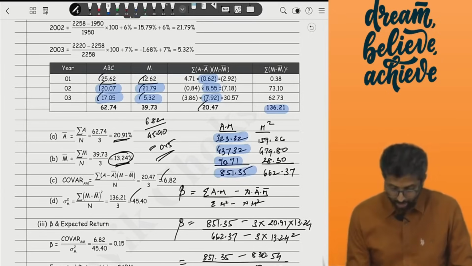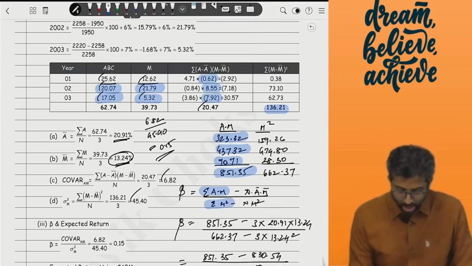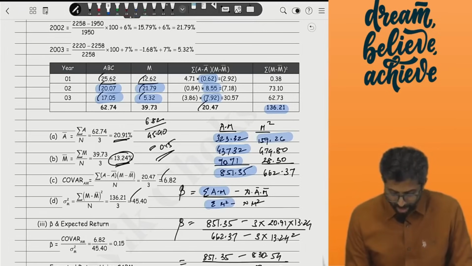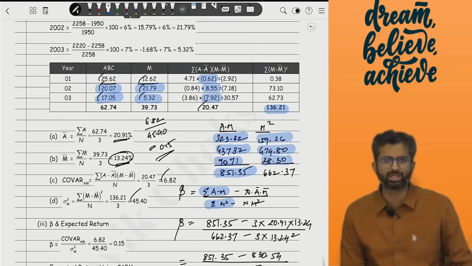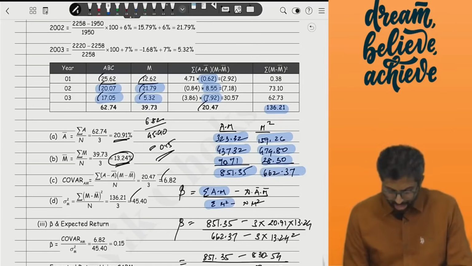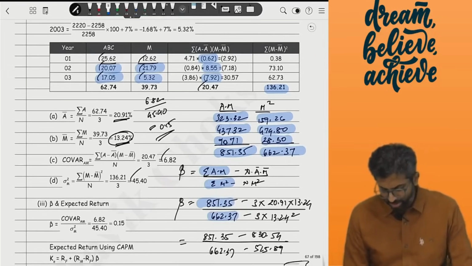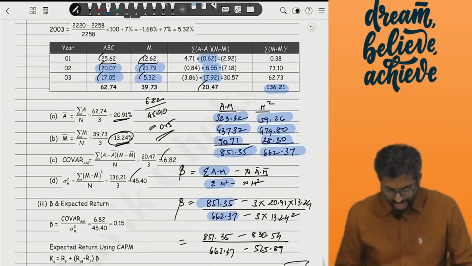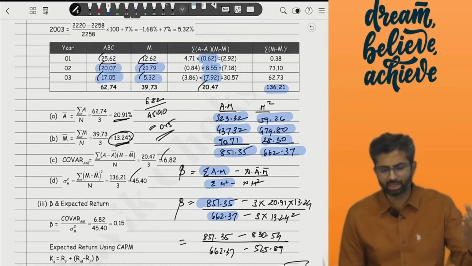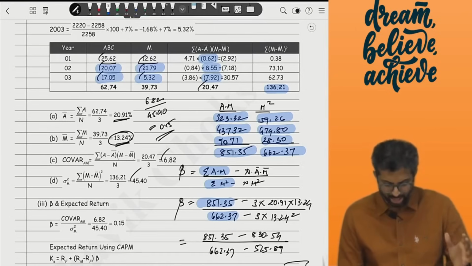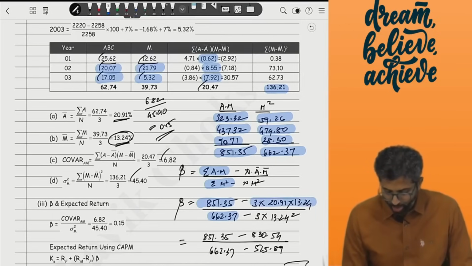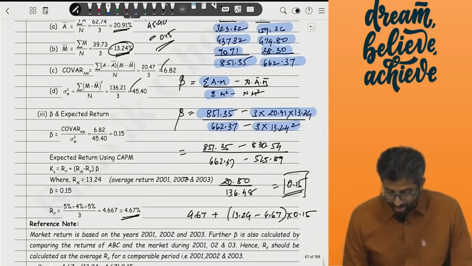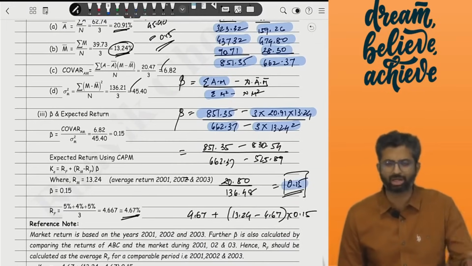Secondly, in the denominator, you need summation of M squared. Now that is very easy. 12.62 squared, that is 159. 21.79 squared, that is 474, and around 5.32 squared, that is 28. Total comes to 662. If I divide by this 662 in the denominator, and then you already have N, that is 3 observations, A bar which is around 20.91, M bar which is around 13.24. If you substitute those numbers over here, you should be landing up with approximately, or rather in this case exactly